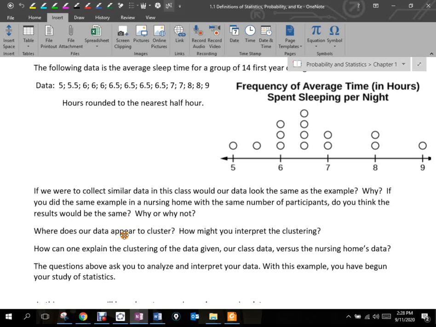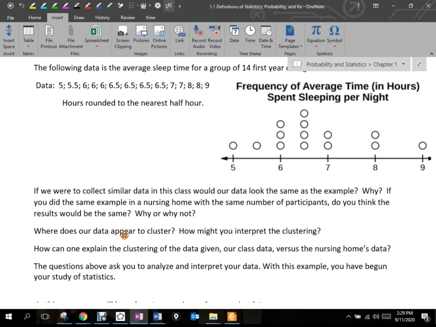Some outliers, maybe 9 hours is an outlier, right? Okay. And we'll go through some statistical operations that will validate whether it's far enough away from everything else to be an outlier. But 9 hours might be an outlier. And then we can start thinking, okay, well, why? Maybe we look at that individual person and say, well, they've got a scholarship, they don't have to work a job, and then they don't have a bunch of classes to study for,